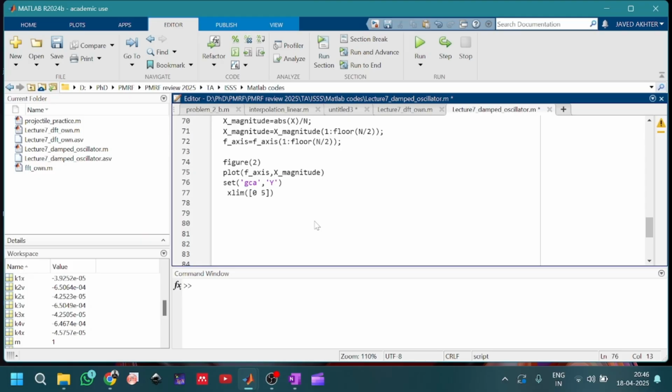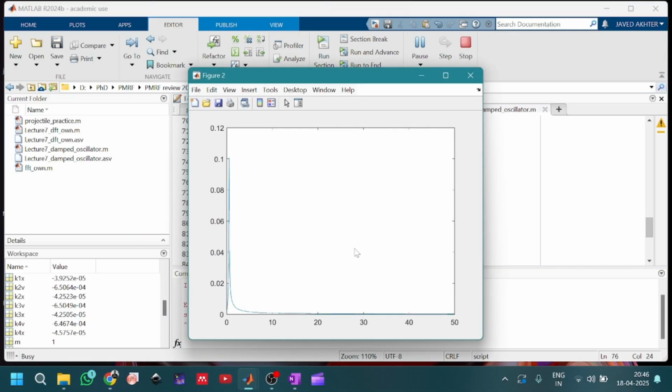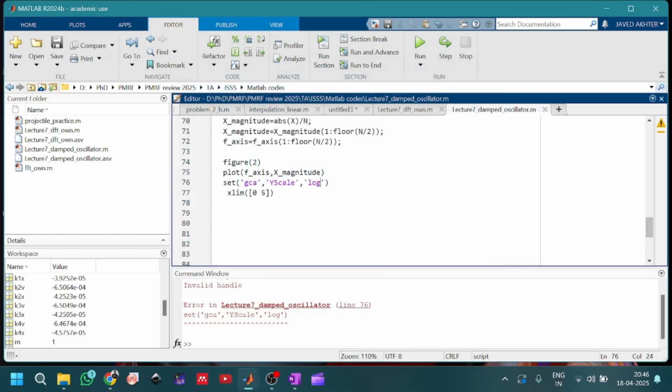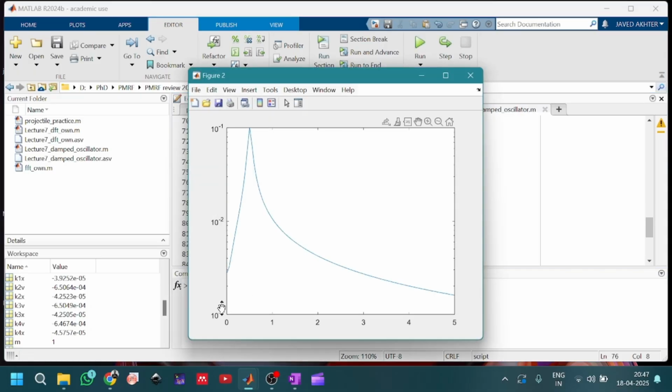Okay, so you have to write here y scale, I guess. Let me check. Then you have to write that you want to set it in log. So let me run it. Okay, so GCA maybe should not be under this string. Yeah, so you can see that now, if you look at the y scale, this is log